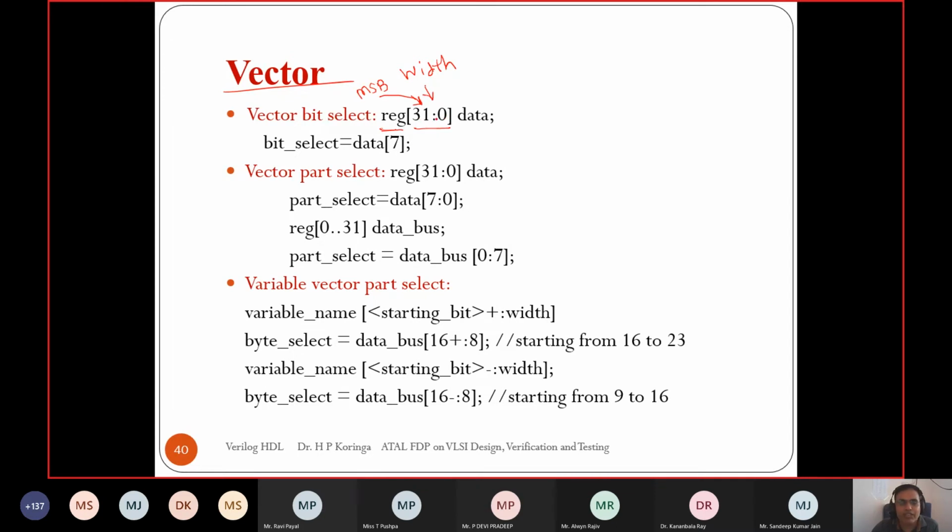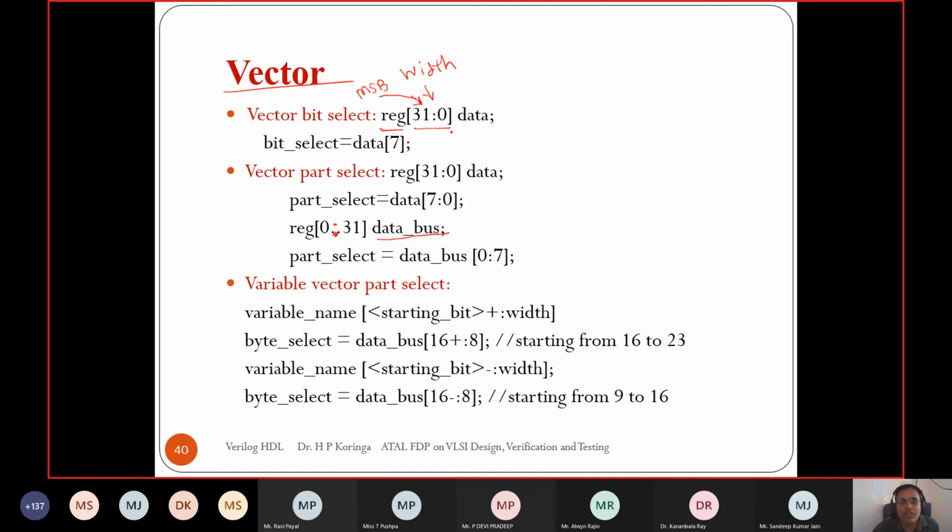When we specify 31:0, it will take 31 as the MSB and 0 as the LSB. When we specify 0:31, then it takes the 0th bit of the data bus as the MSB and the 31st bit of the data bus as the LSB.